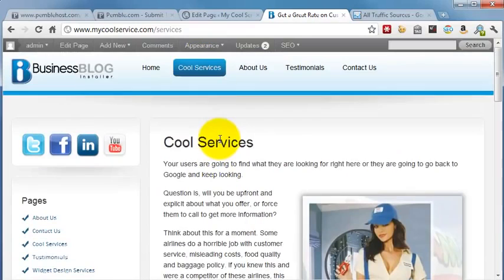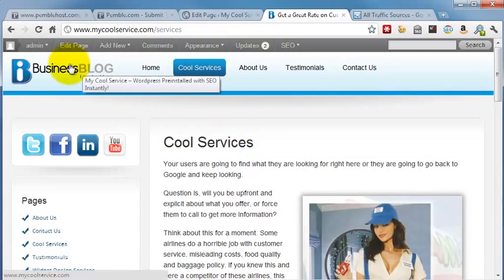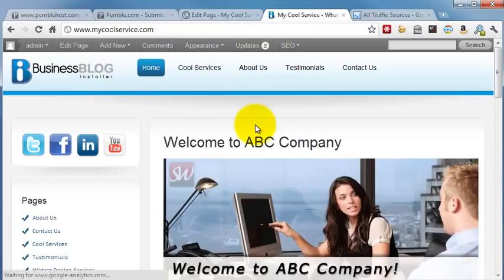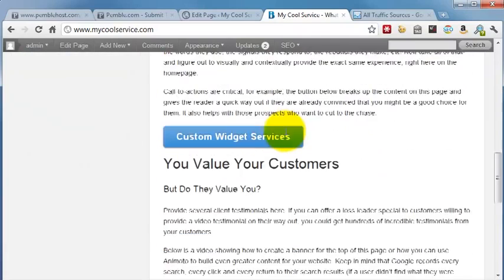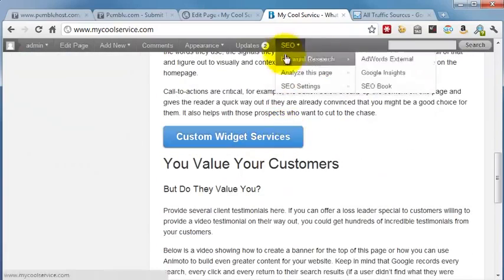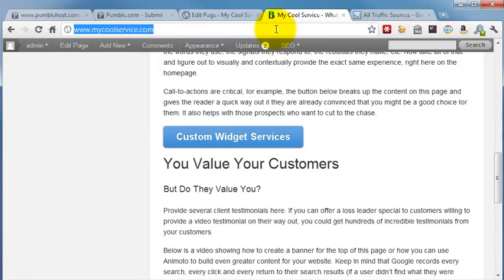Some other things that you might want to change in here are the logo, and I'll do that in a separate video, as well as maybe some of the content on the homepage. There are some other videos you can watch in the training series that will take you through each individual, how to create a cool button. For that one, it's pretty simple. Just go out to